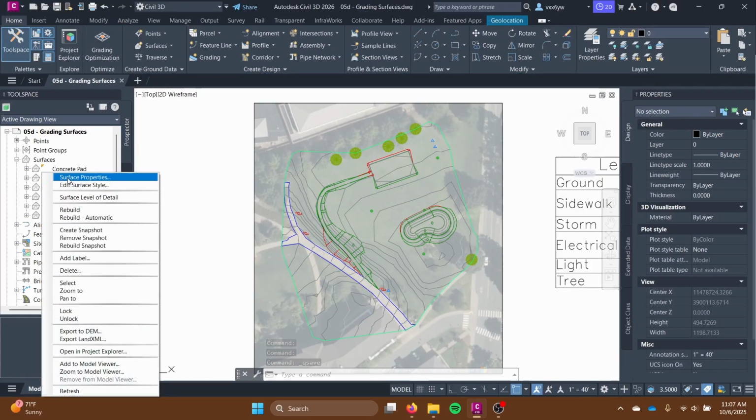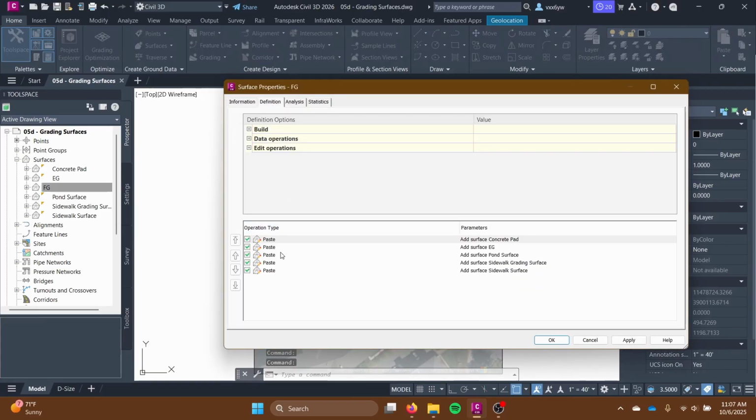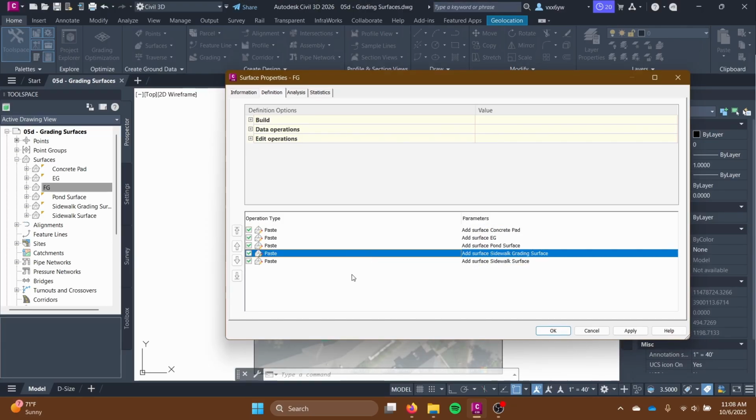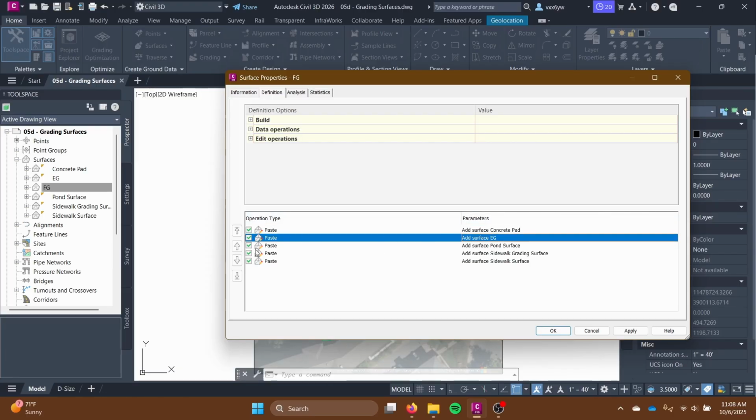So if I go to the finished grade surface properties and go to the definition tab, you can see all of the pastes and edits we made here. Now, this is a sort of hierarchy that Civil 3D uses. It will draw whichever one is on the top first, and it will go down the list. So the one on the bottom basically has the highest priority. It draws these in the order that it sees them, and whatever elevation ends up being last on top is what it draws. So to fix this, I'm going to take my existing grade and move it all the way